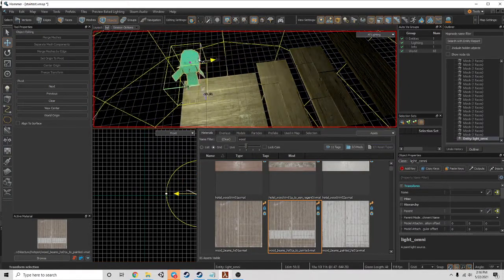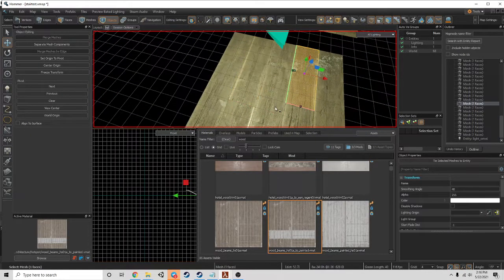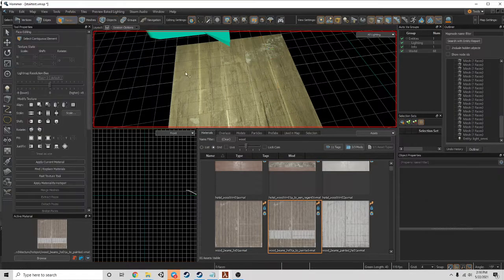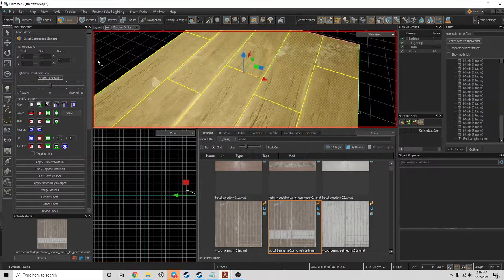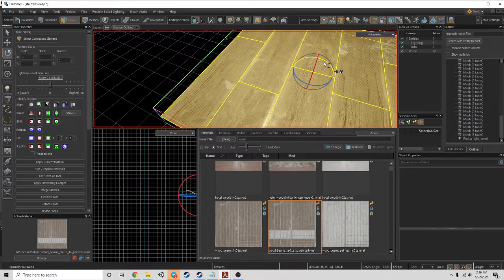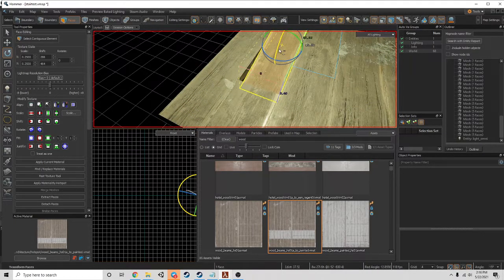I think the landing could be a little bit less distorted because I think that landings probably don't get as much wear and tear as the stairs themselves. So we're just gonna grab all these faces. Again, you have to make sure that these are all separate meshes because if they're not, it's gonna look very strange. I'm gonna try something different this time. I'm gonna rotate all of them a little bit together first. And then